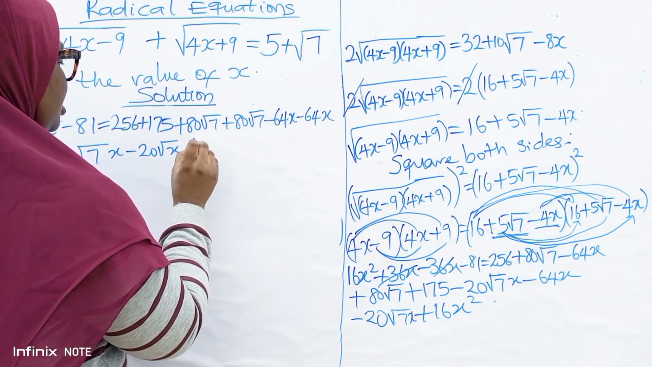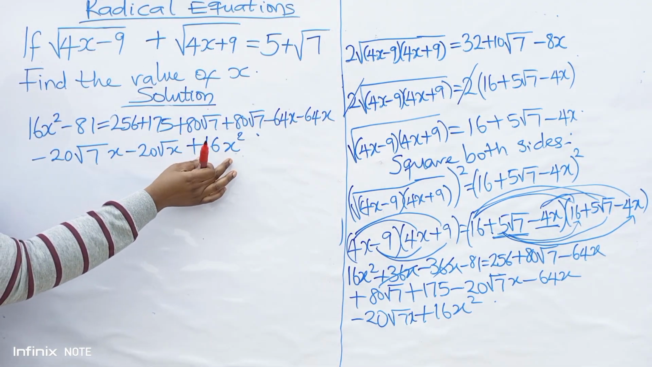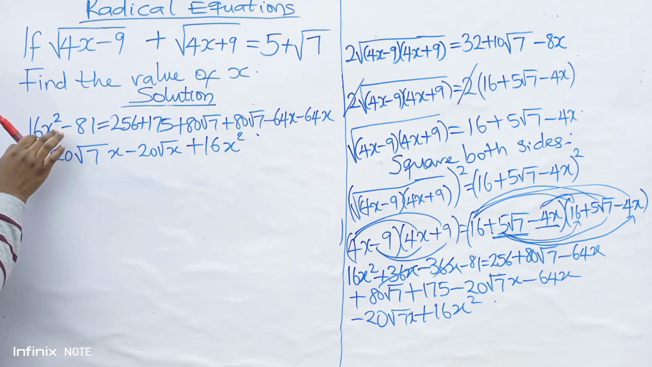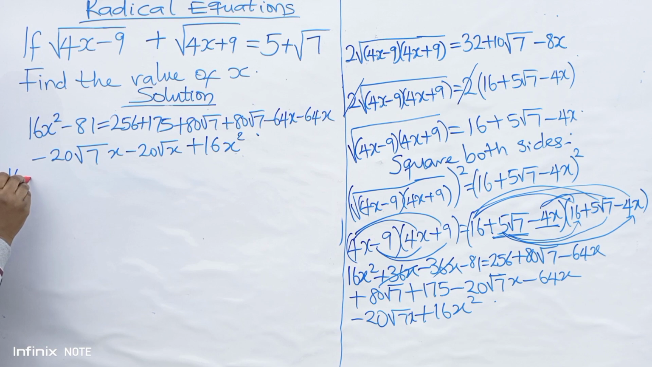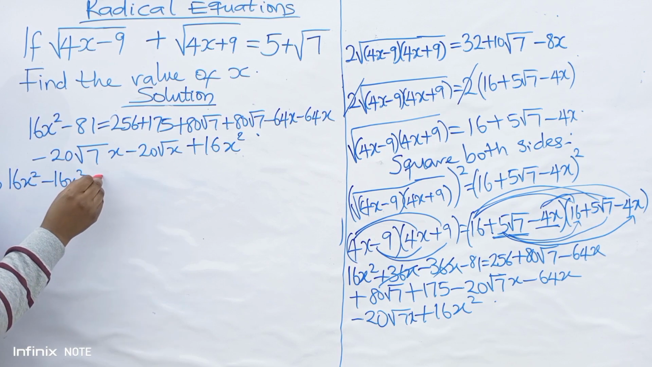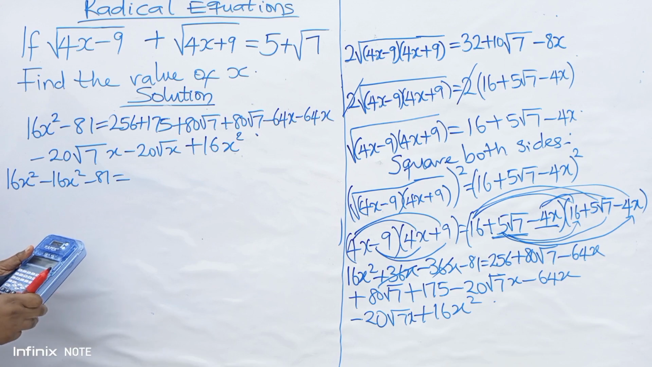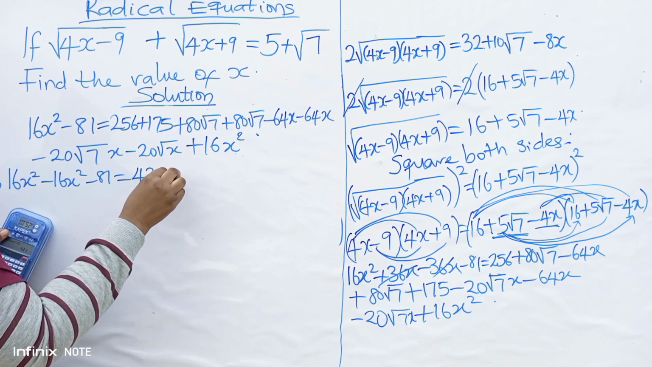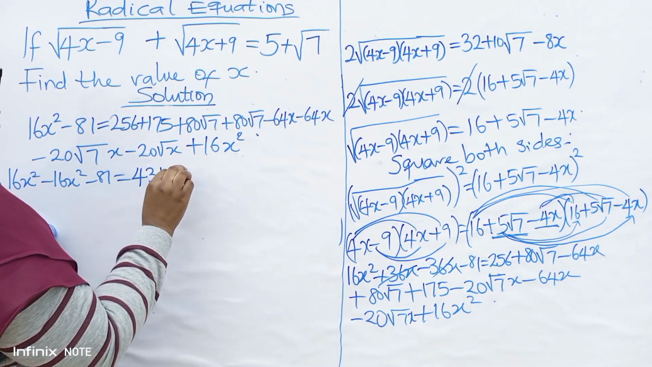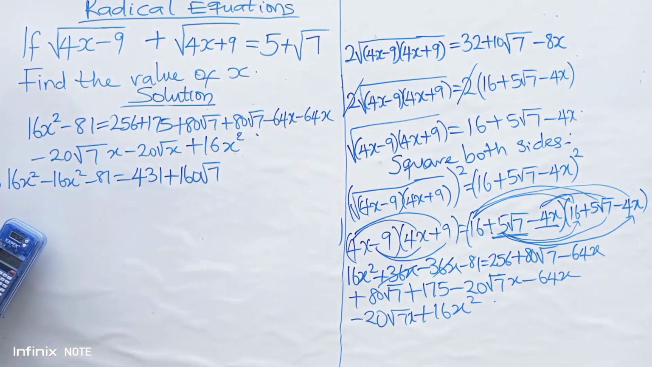Then plus 16x squared. So from here, this plus 16x squared, I want it to come and meet plus 16x squared on the left hand side. So I have 16x squared minus 16x squared minus 81 is equal to 256 plus 175, 431, 431 plus 80 root 7 plus 80 root 7, 160 root 7, minus 64x minus 64x